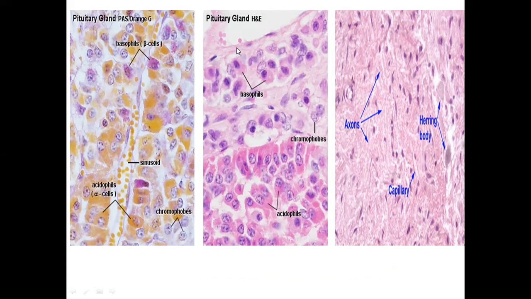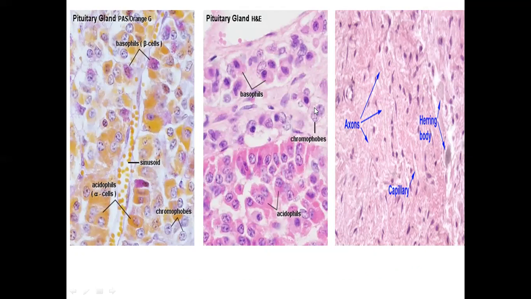In H&E stained slides, we basically see purple or pinkish colors. Just look at these bright red or pink colored cells. They are eosinophils, and these purple colored cells are basophils. In between them are cells where only the nuclear content is getting color, but the cytoplasm is not getting any proper staining, it is poorly stained. This is the third type of cell present in the anterior pituitary, the chromophobes.